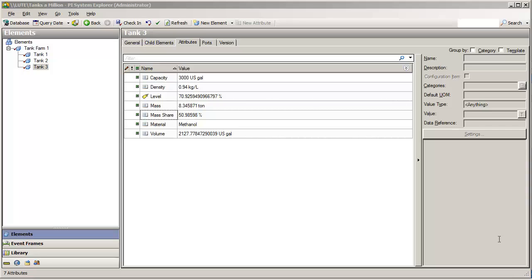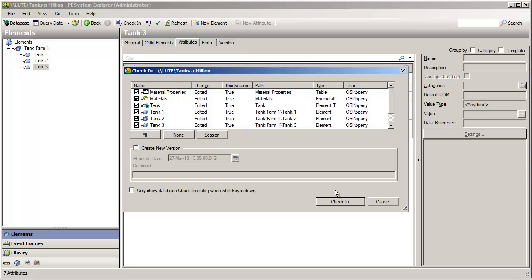So now the final step is to really check in all of our changes. If you've used a content management or version control system before, you've seen this whole check-in, check-out mechanism, where if you edit an object in PI Asset Framework, it's checked out to you. And we, when we're done with it, can apply our changes to the world and release our lock on that object by checking in the changes. So we'll check in these changes,